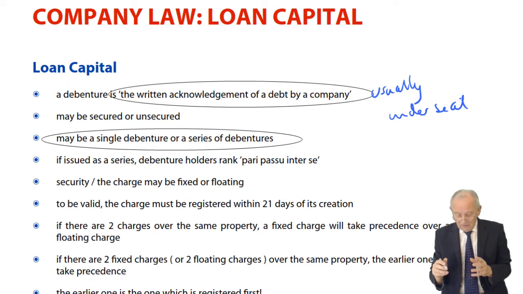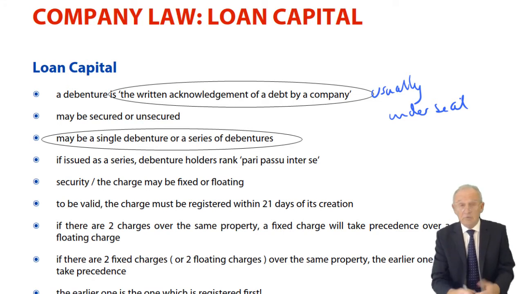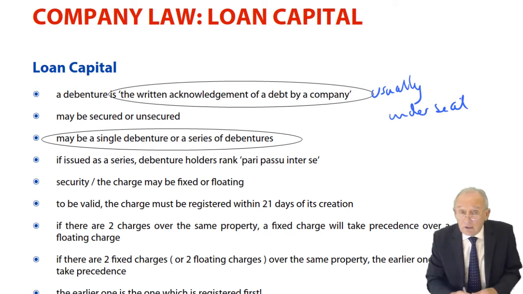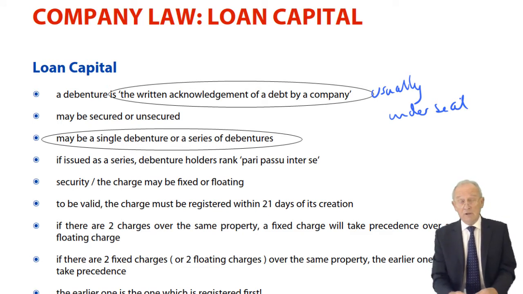And usually a debenture had to bear the official seal of the company, but of course company seals are no longer a requirement. In the UK, companies do not need to have a stamp for their company, nor a seal for their company. It used to be the case that we did. Gone. No need for it. What's the point of it, for heaven's sake? Well, you tell me, what is the point?